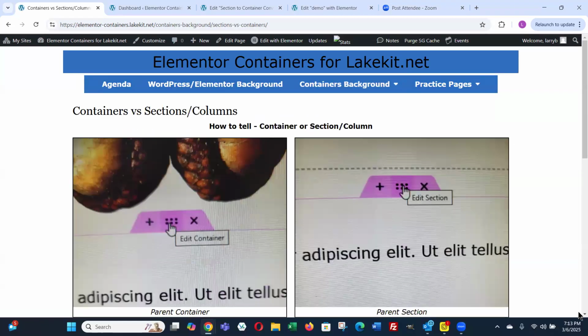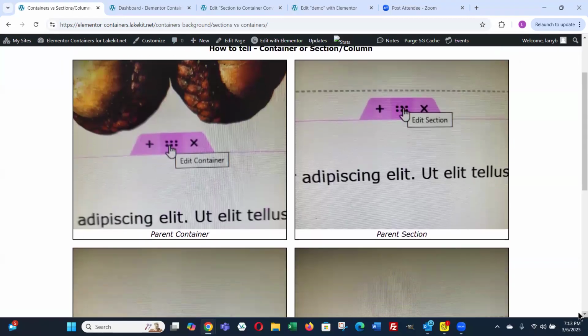So as I've been saying, a section or a container look the same, but when you hover over them, it indicates whether it's a section or a container.